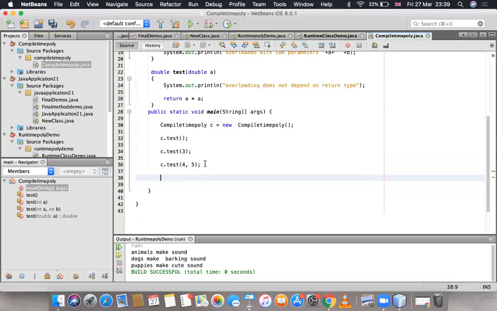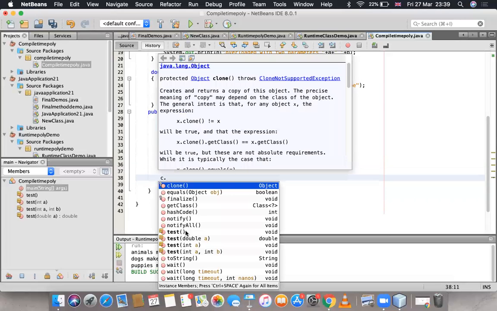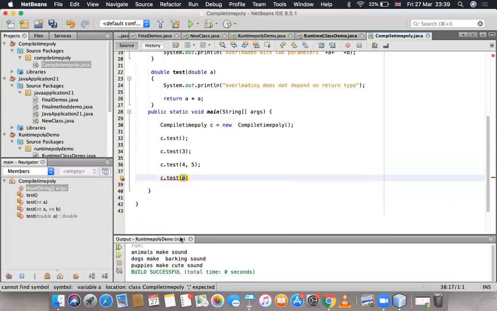And then c.test of double a, c.test(4.3), so a double value.